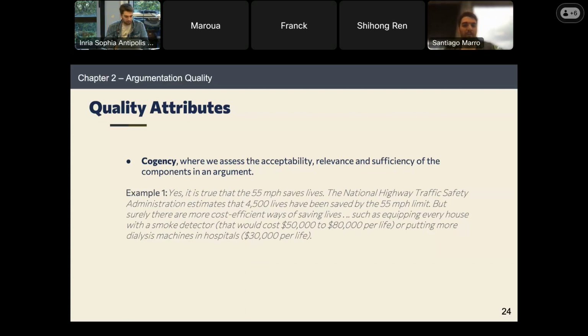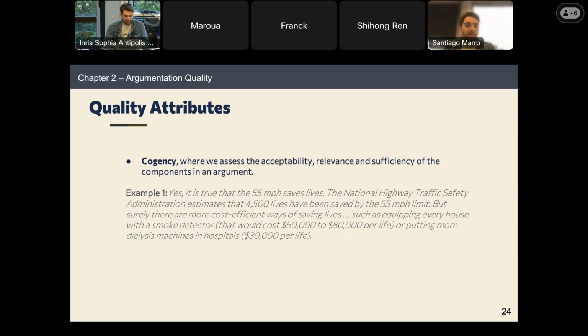So they put it from 70 to 55 miles per hour, and this is a comment from a website where a user is complaining about this, basically. And he's saying, okay, yes, this law saves lives with this new limit, but surely there are more cost-efficient ways of saving lives. For example, equipping every house with a smoke detector or putting more dialysis machines in hospitals.